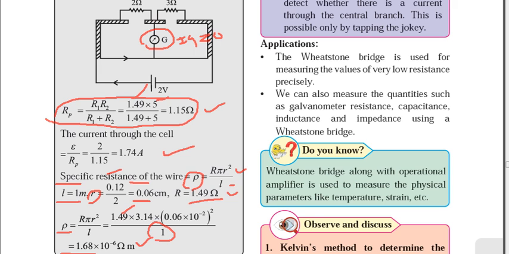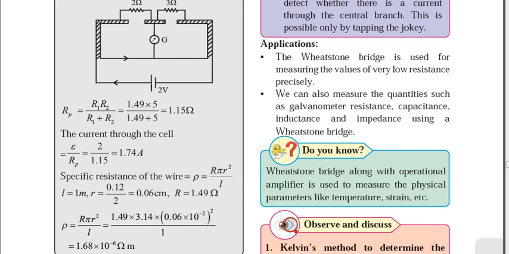So at that time these two resistances are in series, that is 2 plus 3, 5. ठीक है, तो इससे हमने पैरेलल रेजिस्टेंस यहाँ पे कैलकुलेट कर लिया राइट एंड लेफ्ट गैप का. ठीक है, उसके बाद ओम्स लॉ यूज़ करके हमने I इज इक्वल टू V बाय R, क्योंकि हमारे पास वोल्टेज भी दिया है 2 वोल्ट, दैट इज़ द सप्लाई वोल्टेज, एंड रेजिस्टेंस ऑलरेडी हमने कैलकुलेट किया है। ठीक है, तो यहाँ से हमें करंट मिल गया 1.74 एम्पियर। स्पेसिफिक रेजिस्टेंस का फॉर्मूला यूज़ करके, दैट इज़ रो इज इक्वल टू आर पाई आर स्क्वायर डिवाइडेड बाई एल, तो उससे हमने स्पेसिफिक रेजिस्टेंस ऑफ वायर कैलकुलेट किया है। ठीक है,